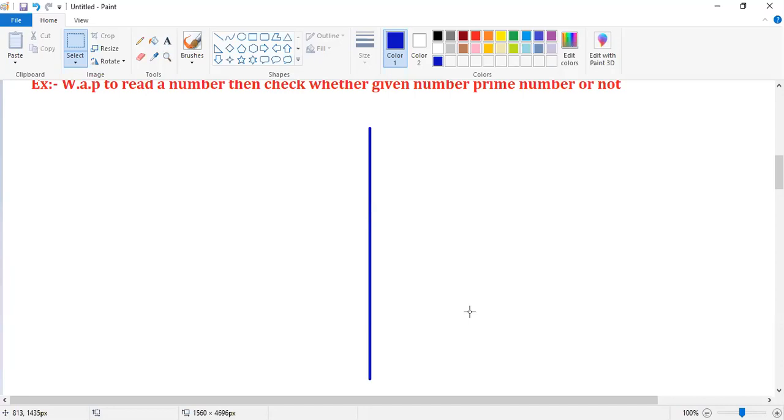What is nested if? An if statement inside of another if is called a nested if, right?